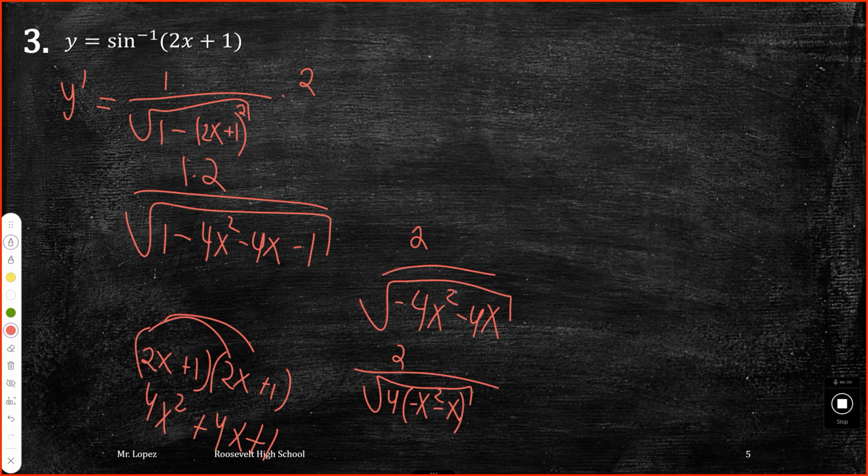Just the 4, because you could take the square root of it. So then you can go ahead and do 2 over square root of 4 is 2, square root of negative x squared minus x. And these cancel out, so you will get 1 over